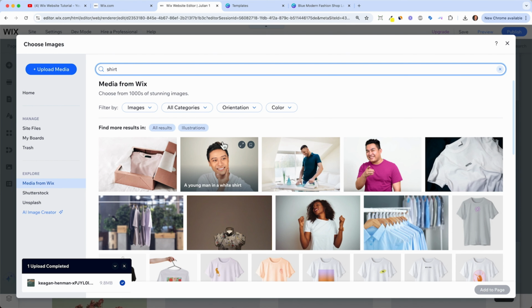And for example, I want to add a contact page where people can find my store and where people can contact me. And Wix gives you a lot of different templates for that, and I do like this one, and then I can just click on add page, and now the contact page has been added to my site. Then I can click done, and I can move this around because I want this at the very end of the menu. So behind men, I want my contact page,